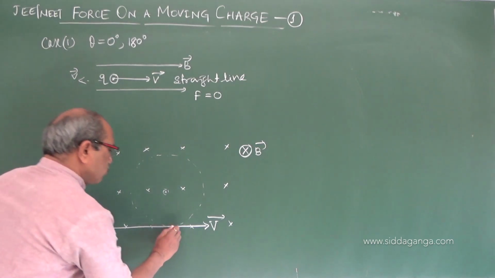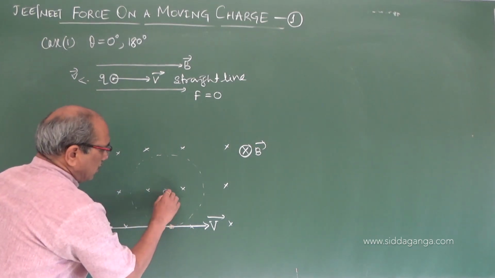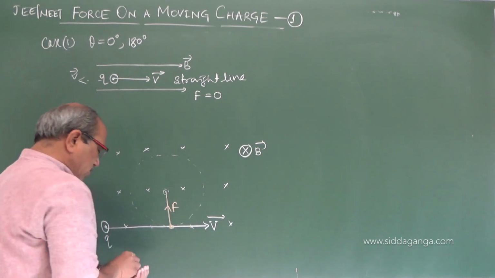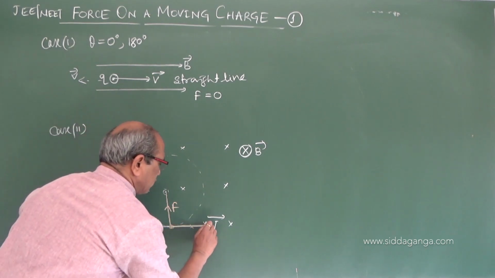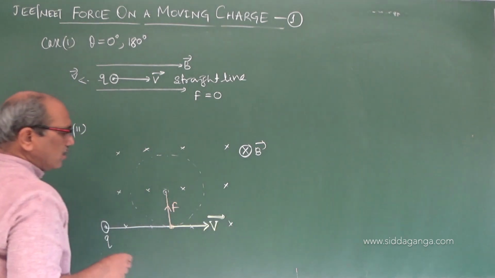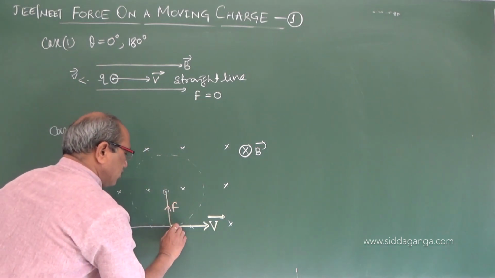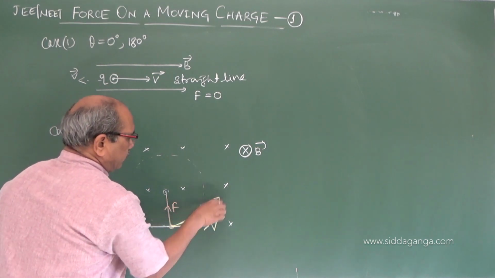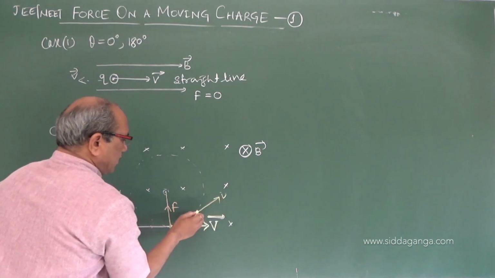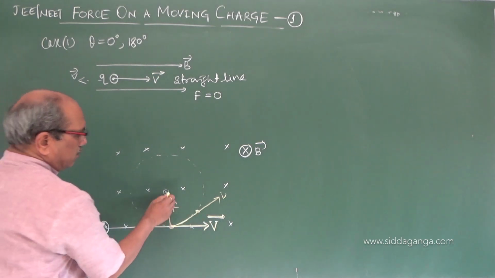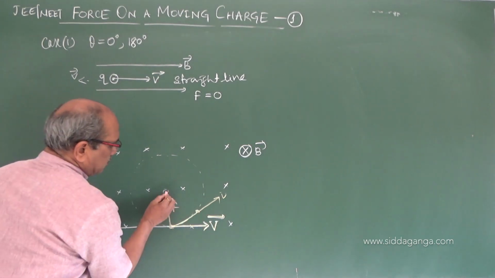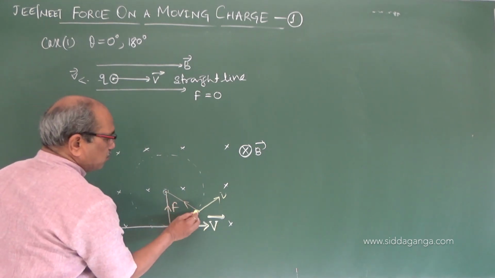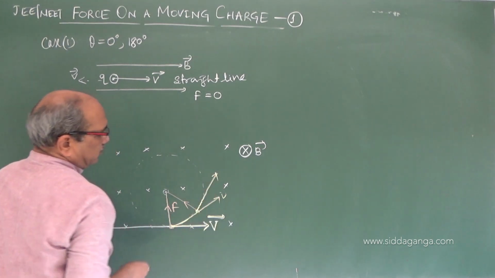That means there is a force acting towards the center. And this is the velocity vector acting along this direction. Because of this force, the track changes and the particle moves in this direction. When it comes here, again apply the rule. You are seeing that the force is acting towards the center and again it changes. From this position, again take the tangent.